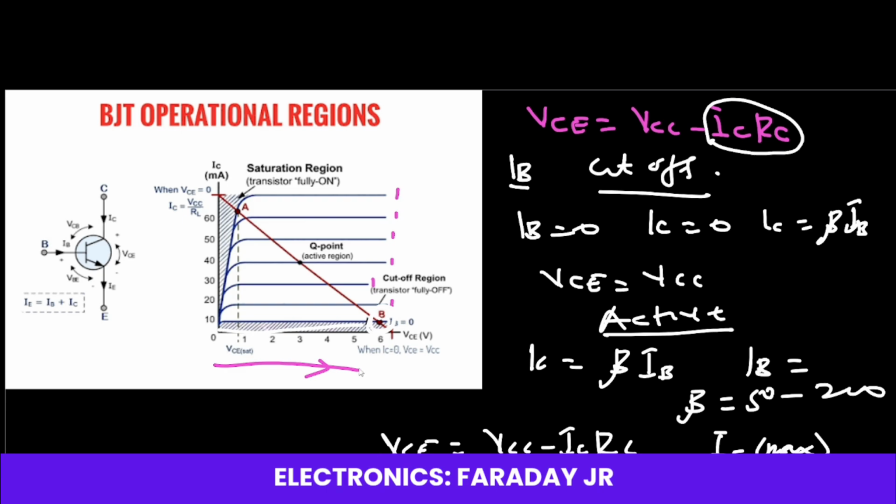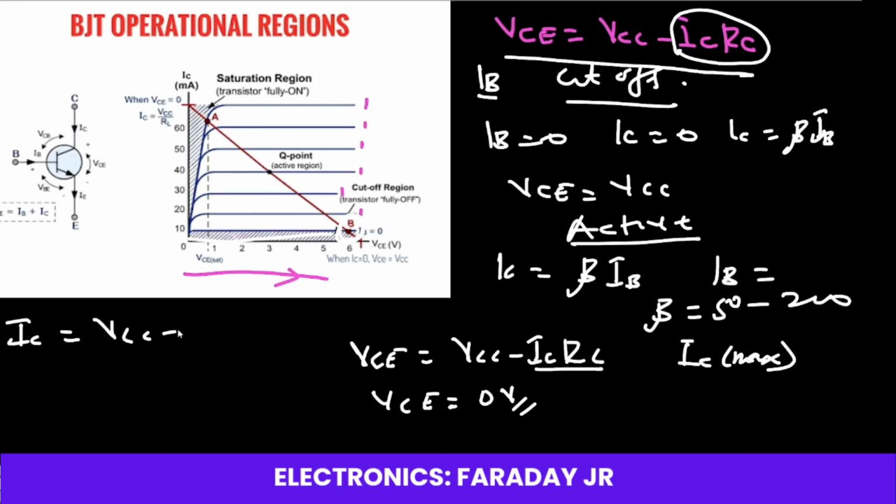So if VCE is equal to 0, what do you think will happen? Because according to the formula we have here, let's make IC the subject of this formula. So we can say that IC is equal to VCC minus VCE, all divided by RC. From this equation, we can rearrange it in a better way where we will have the value of IC to be equal to VCC over